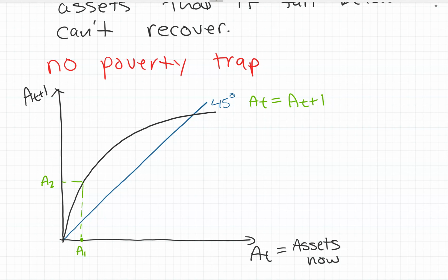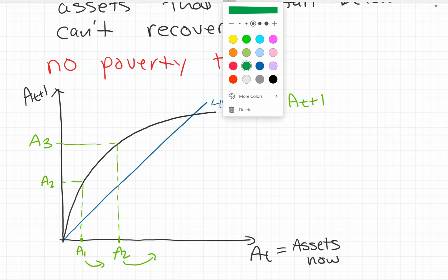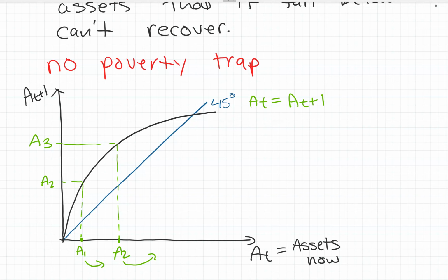So like if you take the simple example of you have some goats, well, your goats are going to have babies, and next year you're going to have more goats. Okay. And so we're going to go to here. And then that is going to lead to more goats. And we'll go to here. Okay, you get the idea. So each time is more than the time before. And so we're going to keep going up this line. So we're going up, and we're going up, and we're going up this line until we get to here.